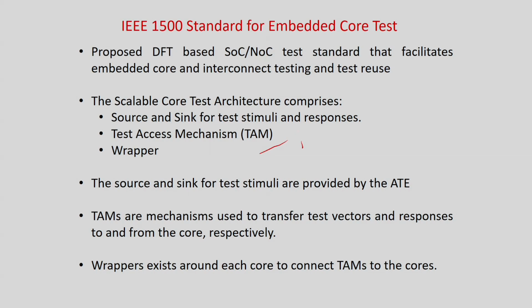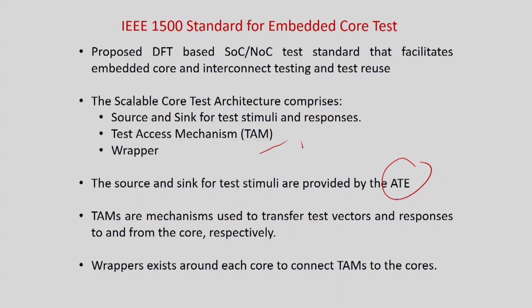So it is called the test access mechanism, and there is something called the wrapper, because all pins may not be directly given to you as outputs in a flat nature for testing. If you want to read more, you can find out how you can learn the internals of the chip by taking the scan-out values. There are a lot of attacks which tend to discover your IP design by scanning in the values of the scan chains. Therefore, people put a wrapper so that the test patterns can be applied and the response can be obtained through buffering. So it preserves the integrity of the IP core. The source and sink are generally ATE. If it is a BIST, it will be internal hardware.